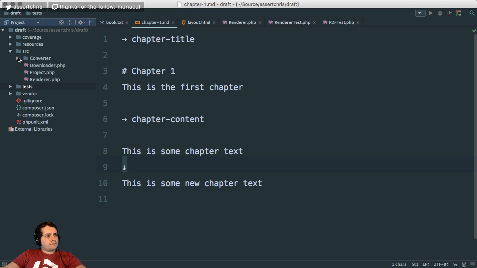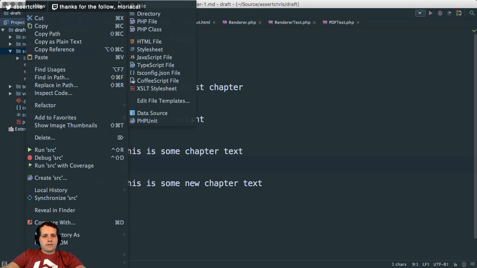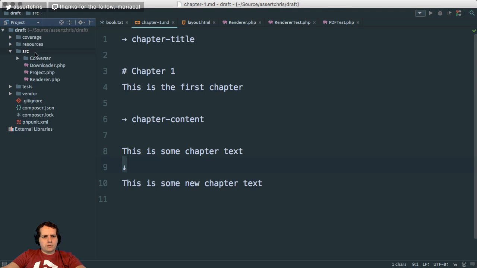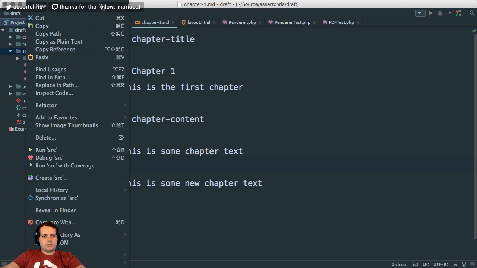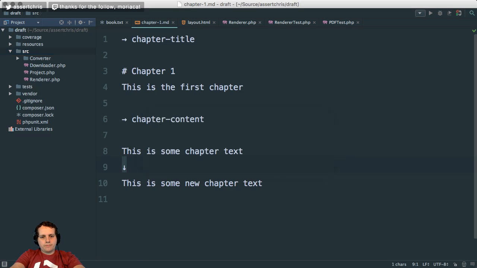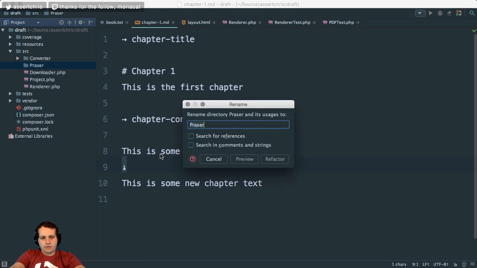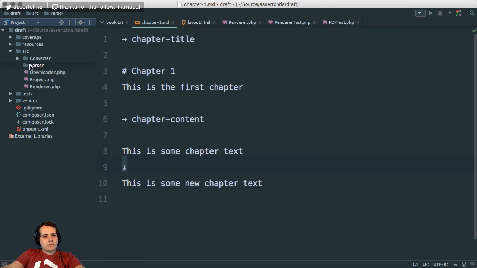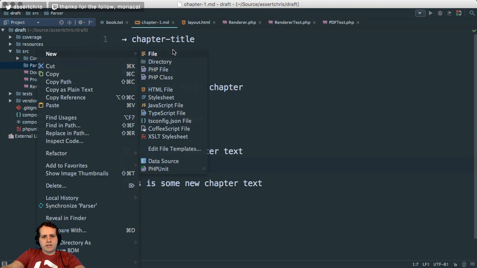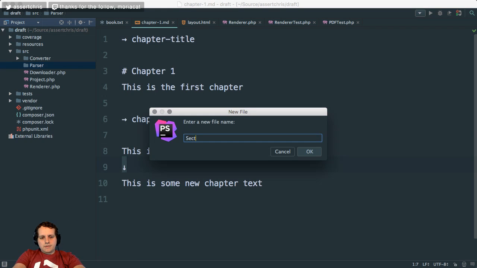So what we could say is, what are these things called? Parser. Let's make a folder called parser. Oh, not presser, which is hilarious but incorrect. Parser. Spelling under pressure is my greatest weakness. Section,